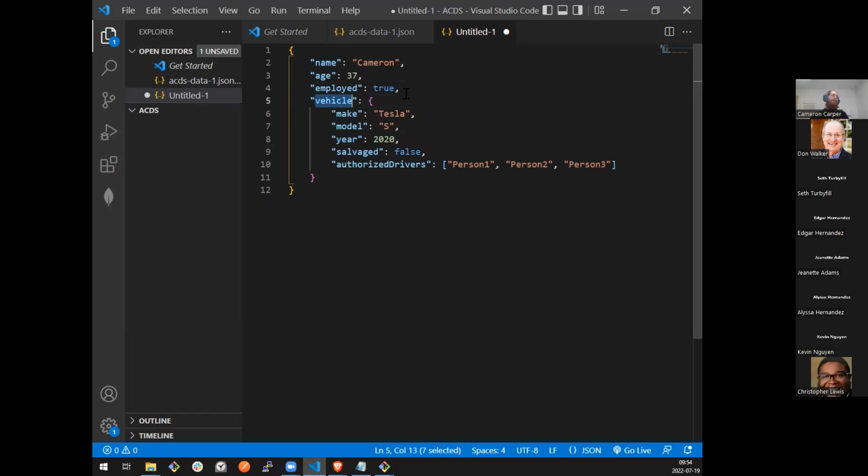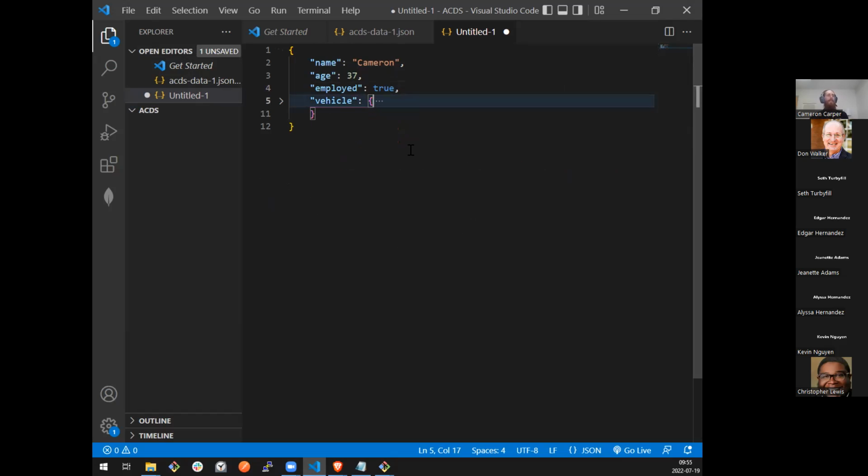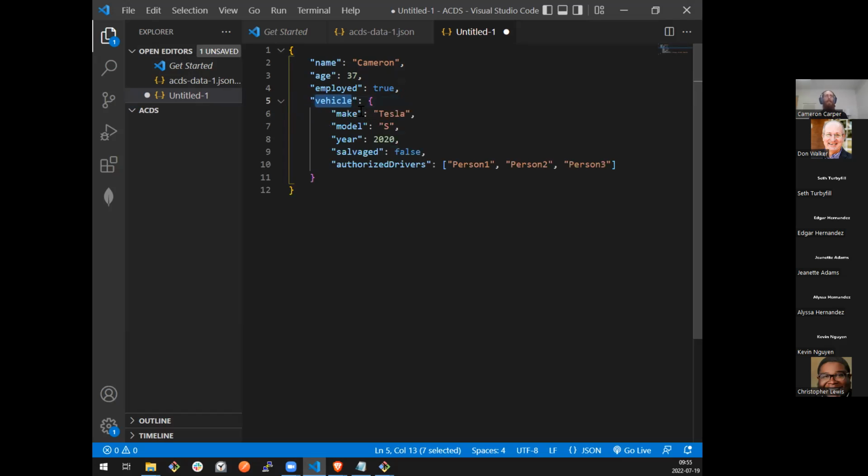In this case, I'm saying that I can only have one vehicle, and the vehicle is going to be an object that contains other properties. So I can actually minimize this for a second. We're still dealing with just key value pairs. Here our key is vehicle, but our value is a more complex type. Instead of it simply being a string, it's an object that can contain its own keys and values.